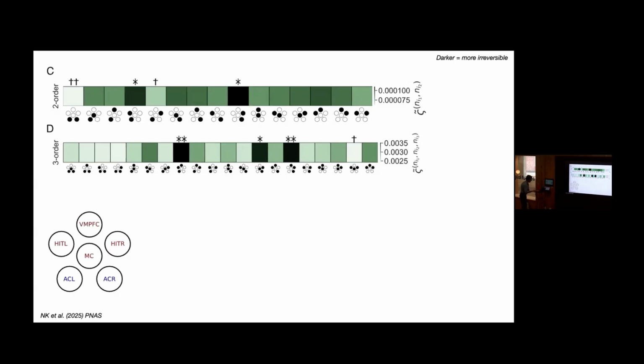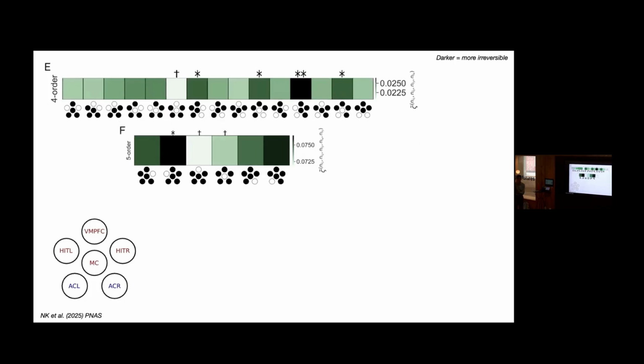Okay. The last 2: you have all possible sets of 4 and all possible sets of 5. With the all possible sets of 4, we find that the highly irreversible ones are the pair on one side and the 2 medial regions, and the pair on the other side and the 2 medial regions. So again, you see hemispheric symmetry, and it makes sense that these would be the foursomes that were working together the most. And an interesting result is this one here. The least irreversible of all the foursomes is the 2 most irreversible pairs.